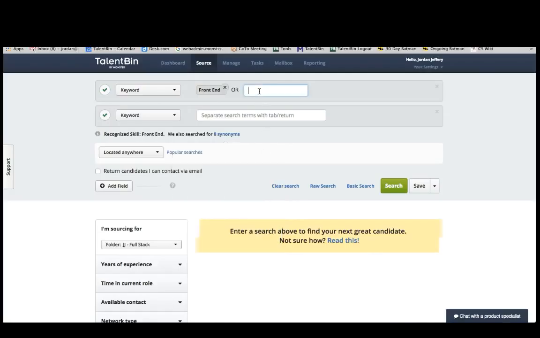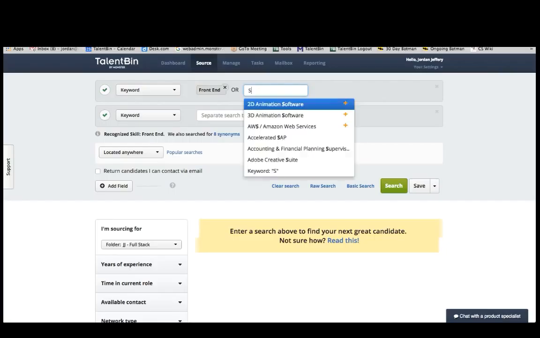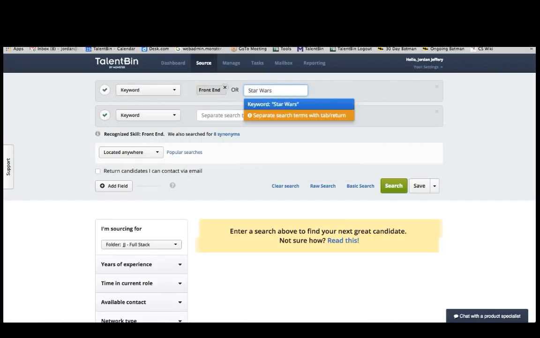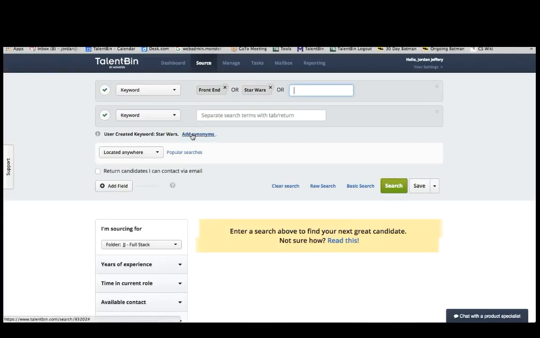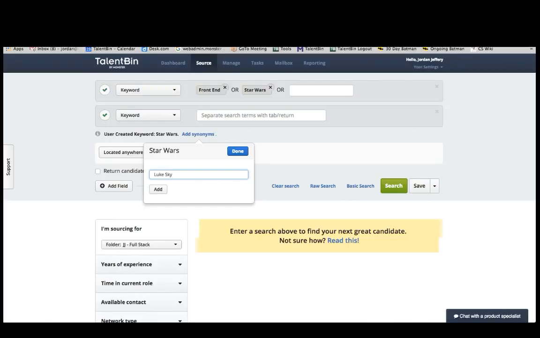Now, the other neat thing here is that you can actually create your own explode terms as well. So for example, if I wanted to find somebody who was a Star Wars fan, if we saw both of our prior examples, both those developers were Star Wars aficionados. So I'm just going to type in Star Wars right here, and we actually don't have a type ahead for Star Wars. Maybe we should, but I'm going to go ahead and just hit enter. Again, it creates the OR for me, and down below it actually says add synonyms. So if I wanted to, I could put in anything I wanted to right here. Whoop, and hit add. And now Luke Skywalker,